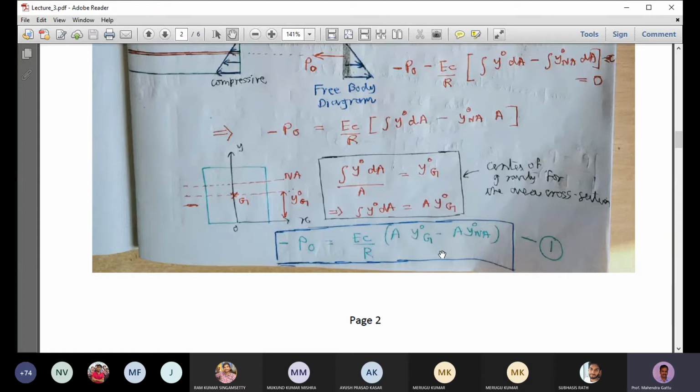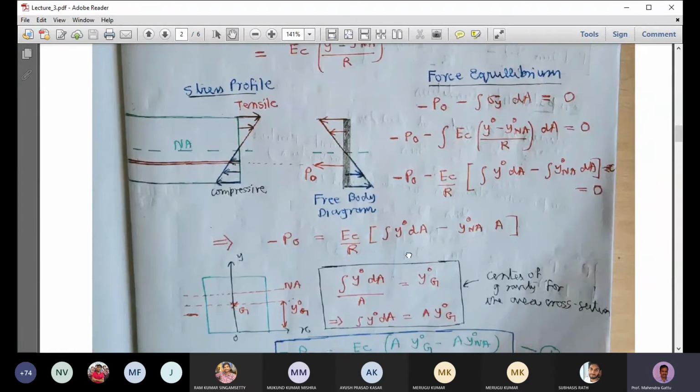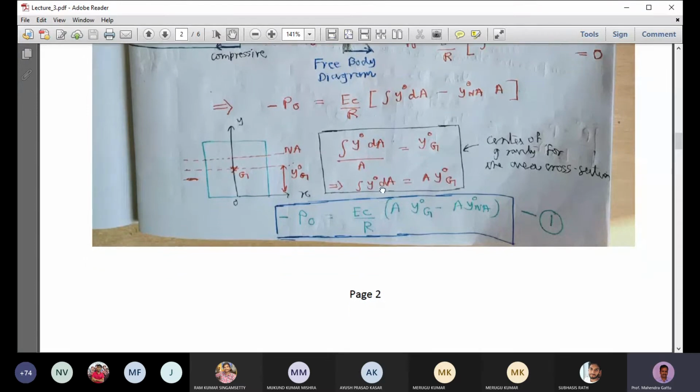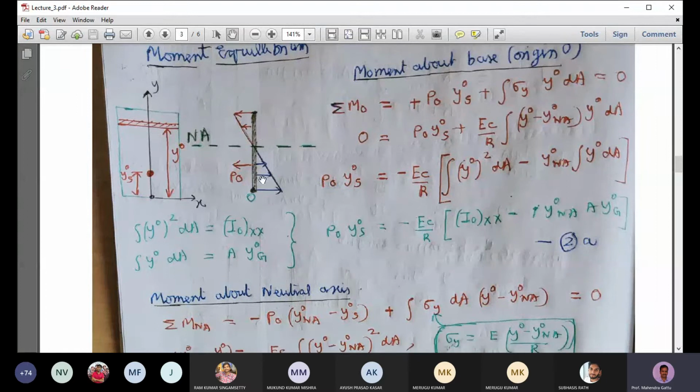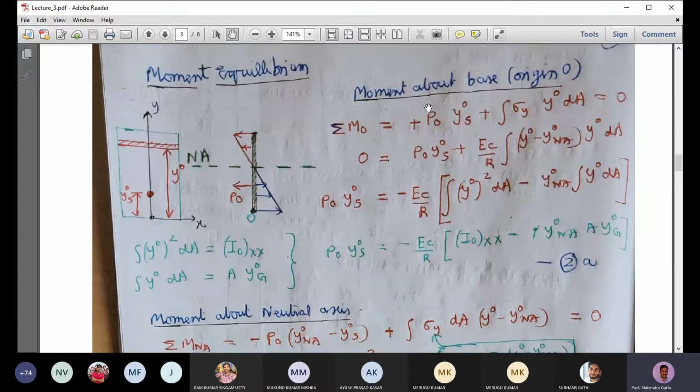Okay. So the second equation we will do is the moment equilibrium equation. So let's do the moment equilibrium here. We have our rigid plate. There is this tensile force acting to the left and compressive force acting to the right here, and this tensile force in the tendon P naught. So this is the rectangular cross section with the axis shown. We can find the moment about the origin here. So that's what we are doing here.